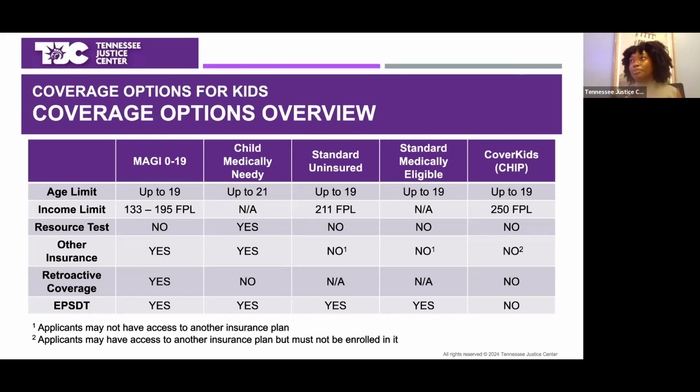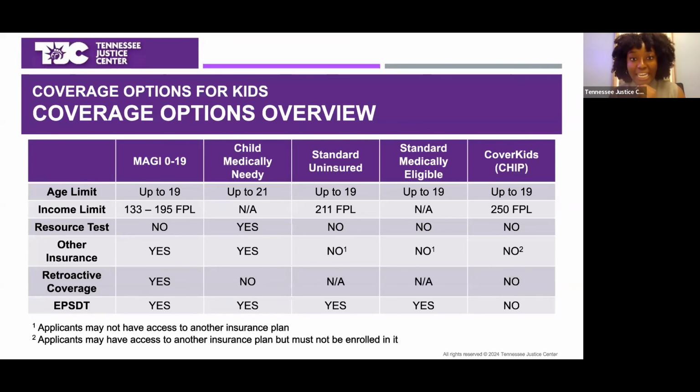The only exception is for child medically needy or medically needy spend down. Again, those are the same category. That goes up to age 21. So that means that at or around the child's 21st birthday, they'll receive that termination notice. So it's really just another way of saying kids 18 and below qualify, but the way that TennCare words it in its policy manual is up to a child's 19th birthday. So hopefully that makes more sense.